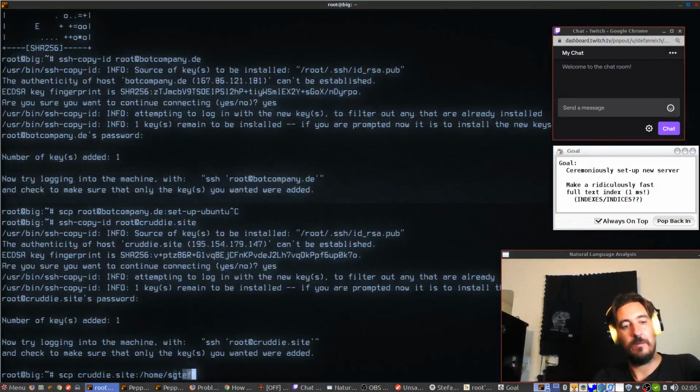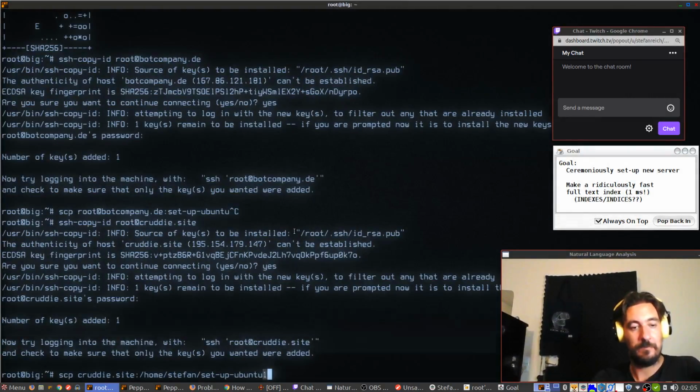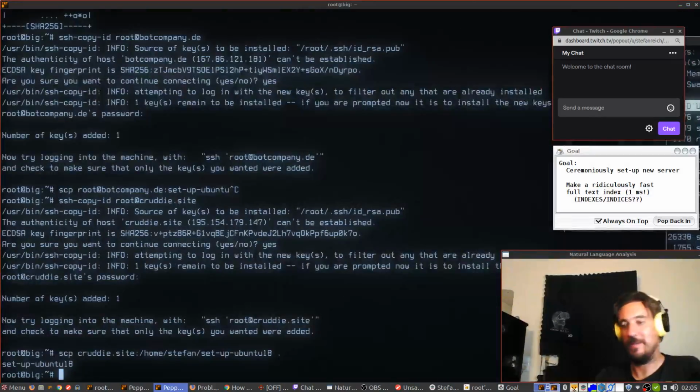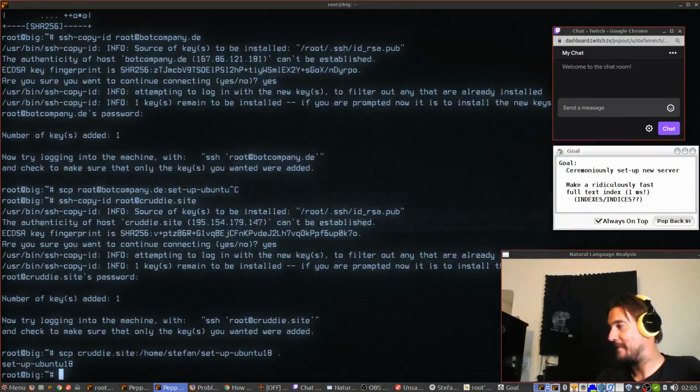Nope, maybe here. Yeah, there it is. Set up Ubuntu 18. Okay. Let me look for something real quick. Check if there are any passwords in the file I'm about to open, because you must not show your passwords.